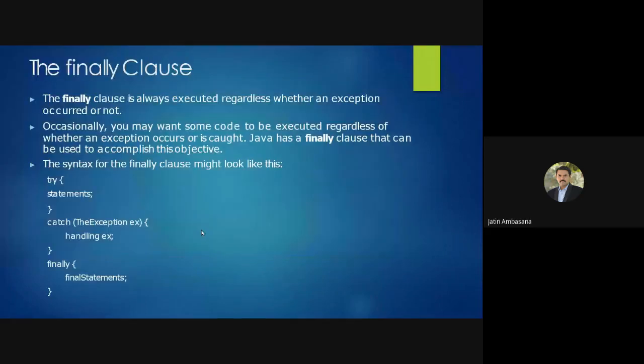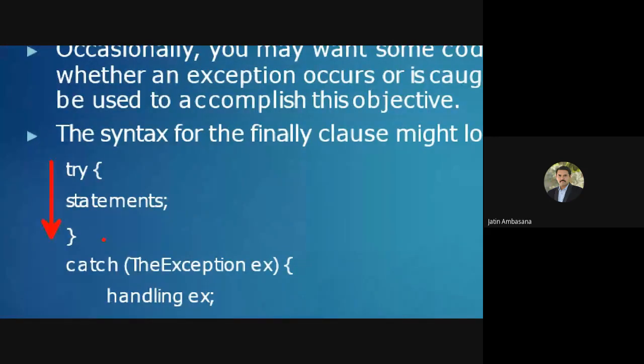Okay. Now there is the finally clause. The finally clause is always executed regardless of whether an exception occurred or not. This is a very important point. Even if the exception does not occur, the control goes through finally. So see, here you have try statements, right?